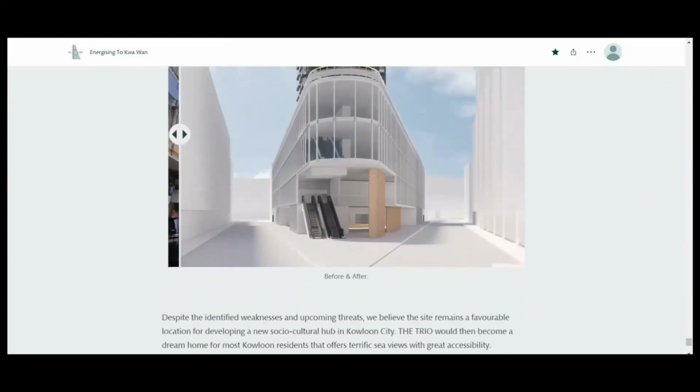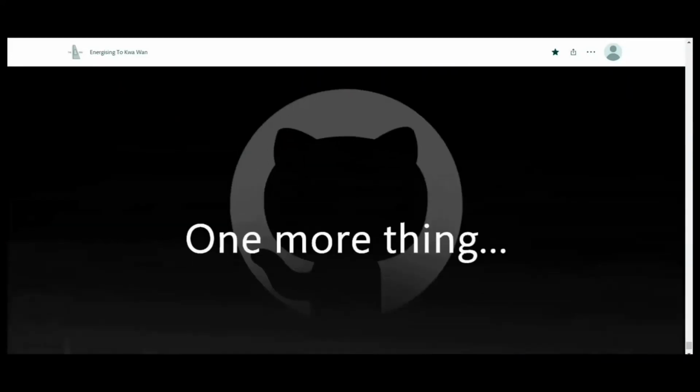Of course, we have identified a lot of potentials and also threats to our site using the analysis tools inside GIS, but that's not the end of our presentation, because we have one more thing to show. We created a website to introduce the Trio to potential buyers of our flats and potential tenants for our mall, using a combination of GIS technology and other programming languages, including but not limited to Python and JavaScript, as well as the power of ArcGIS Pro, ArcGIS Online, and Revit, etc.